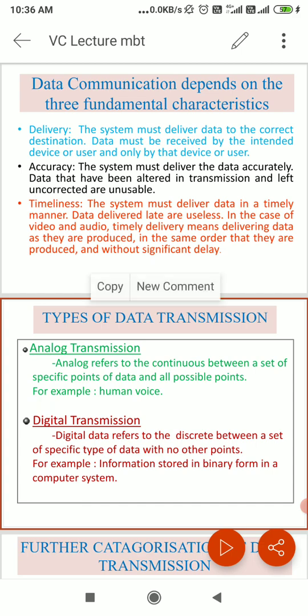So we can say medium is nothing but a path over which our information can travel to the receiver. So we can say medium is also a channel. If we talk about examples of media, we can say fiber optic cable, radio waves, twisted pair wire, coaxial cable, which we are mostly using in satellite communication.